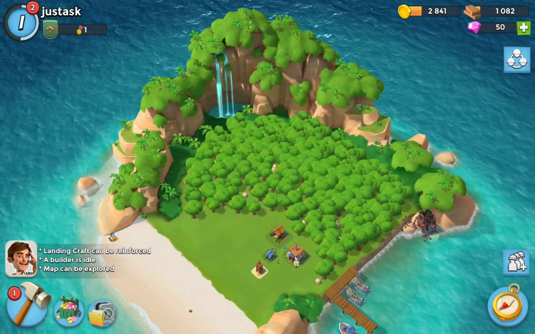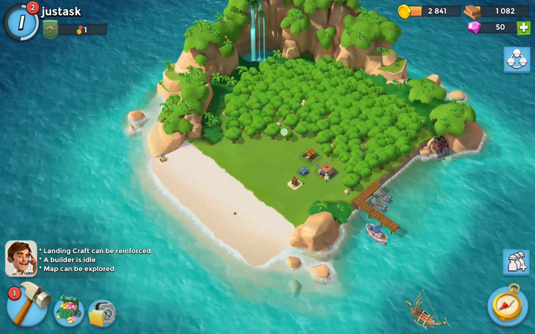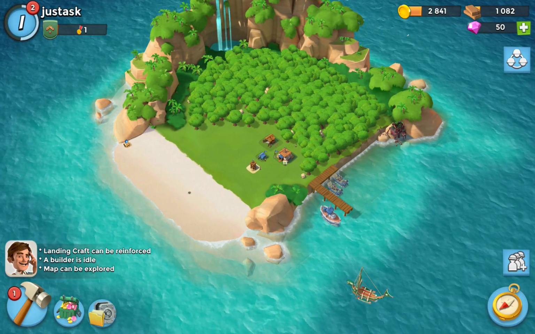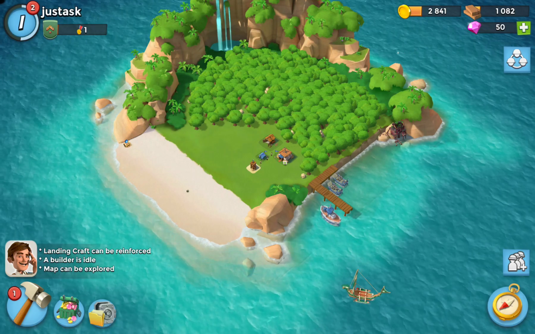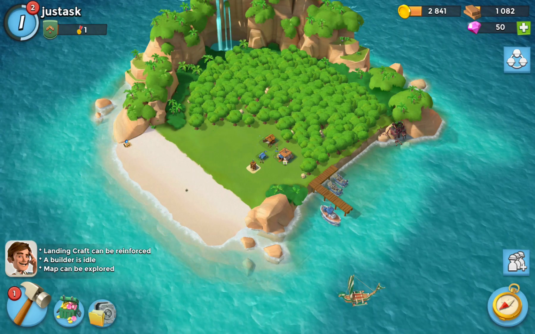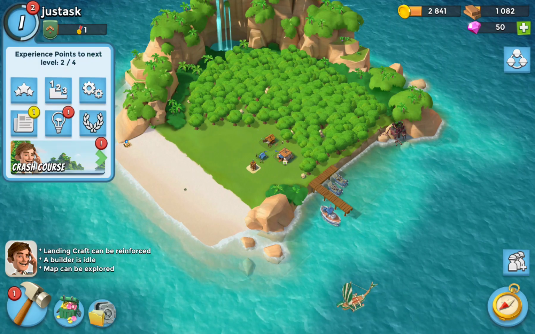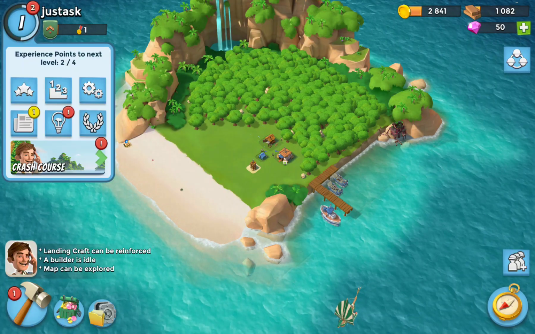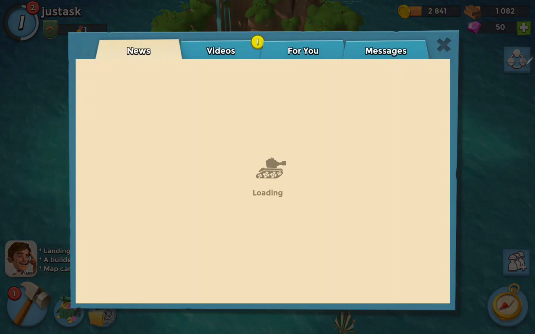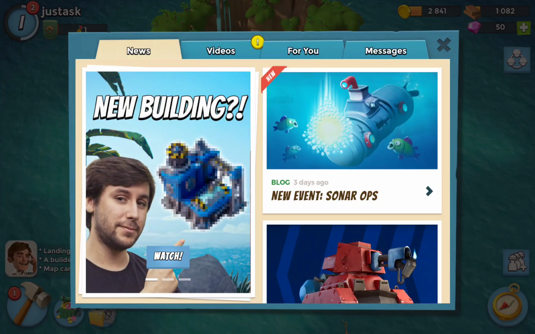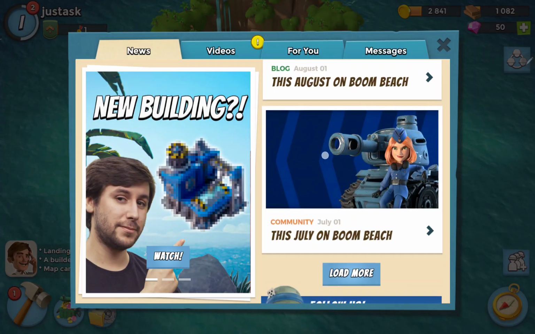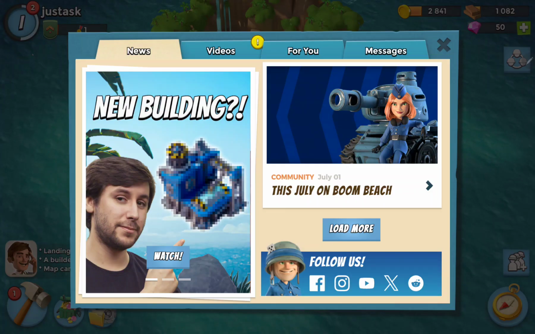First of all, open the application on your device. Now, that's my island, and you can find different buttons in the home screen. If you want to check the news, just click the circle icon at the upper left corner of the home screen, and here you can find the newspaper, the second icon under the stars, and here you can check the news, new building, new event for example, and you can check that, and you can find the social media